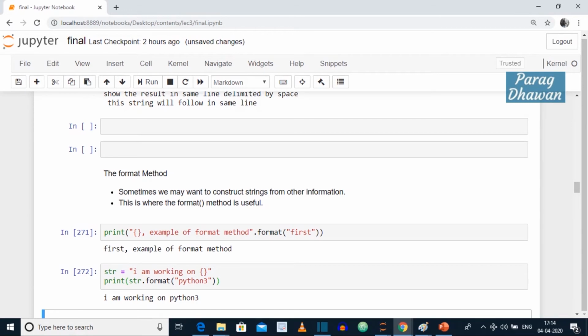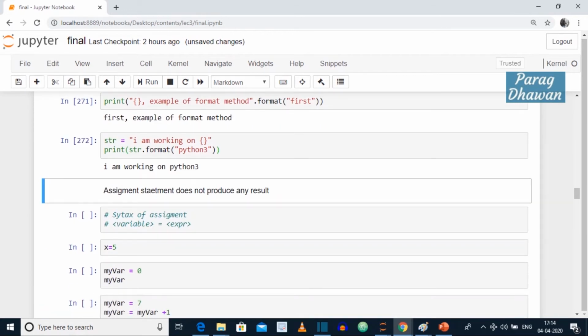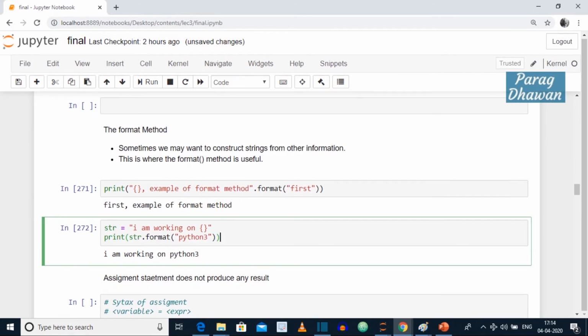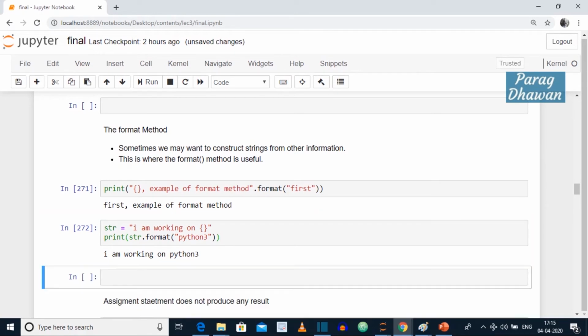Instead of passing a single string, we can pass multiple strings also. First click on the cell, press escape B to insert a cell below. Again click on the lower cell, and here we have the third example of format, wherein we are passing multiple strings.